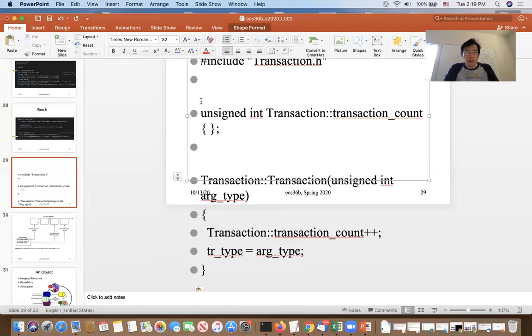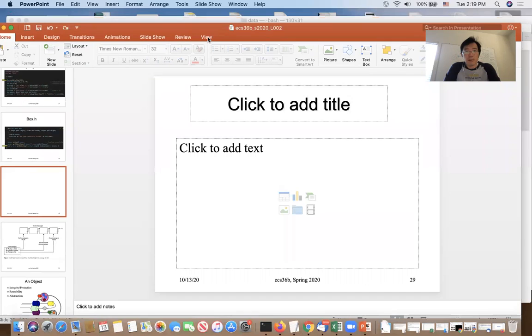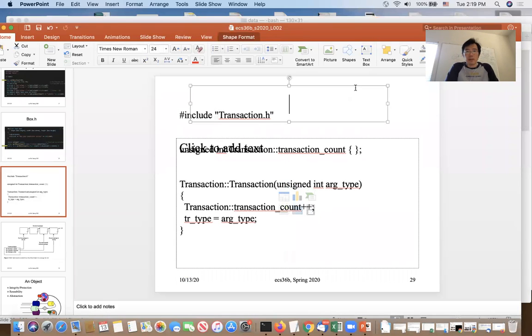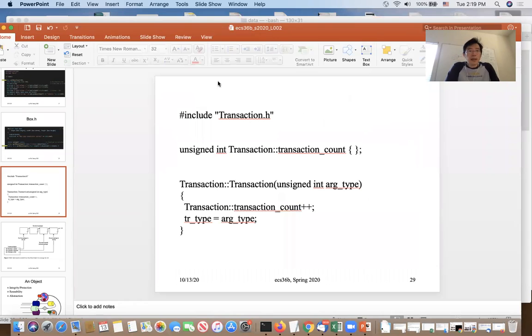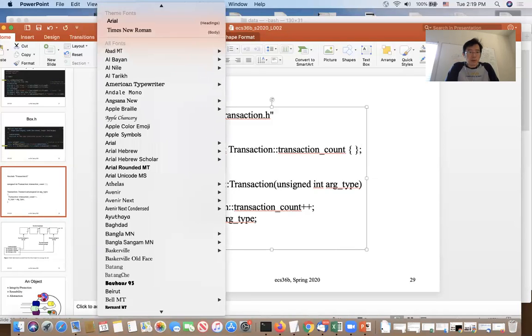Why? Hold on, I don't like this. I want to do it differently. I want to use this one. Okay. Here, let me get rid of this too. And change the font. I want to use